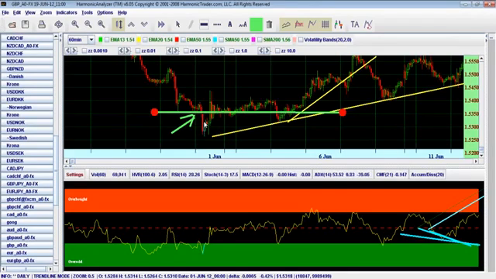And then it's not until this point where we even consider the execution of the trade,